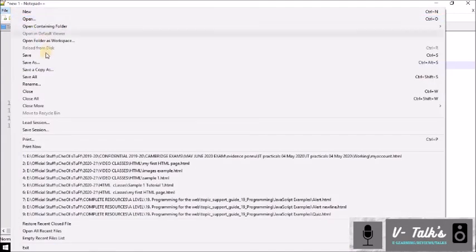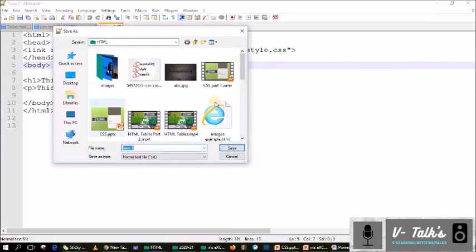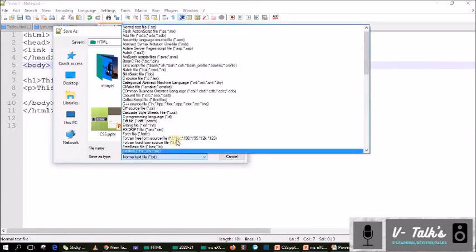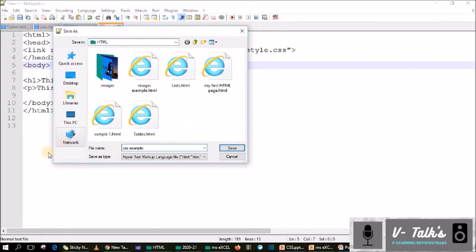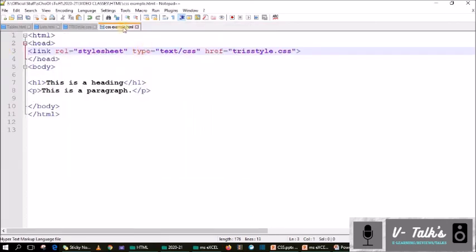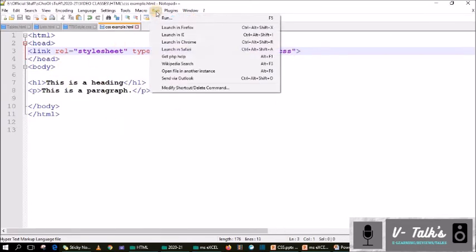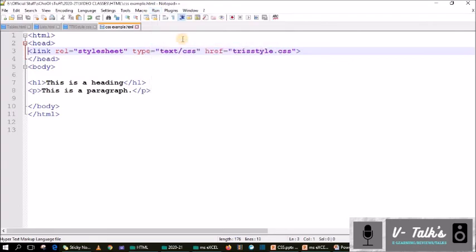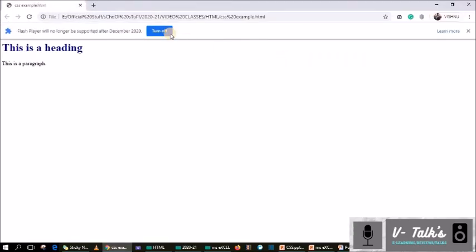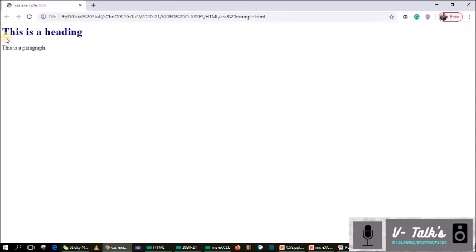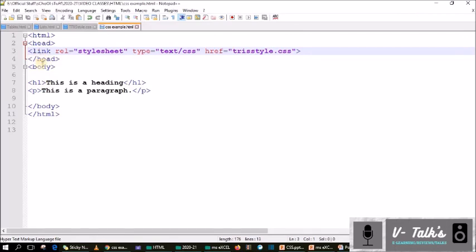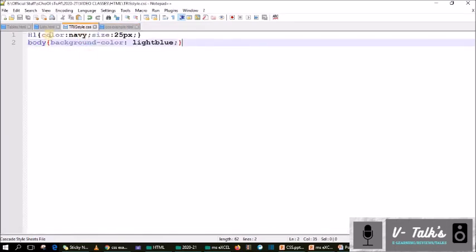File, save as, in the same area, select HTML. We saved the file as an HTML document. Here you can see the link tag and everything is created. Now we will run the page. You can see the heading tag. Normally the h1 tag is black color, you know that. But here, since our h1 is defined as navy color and size is 25 pixel, what happened,